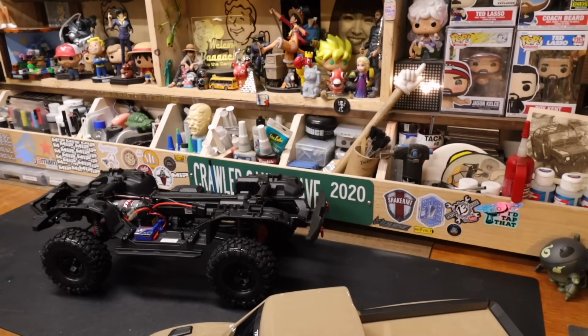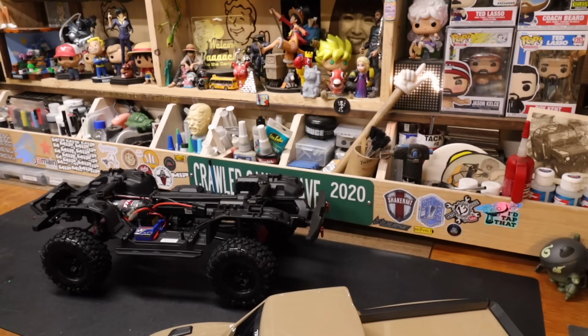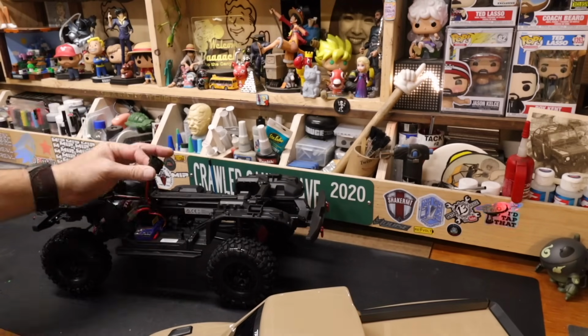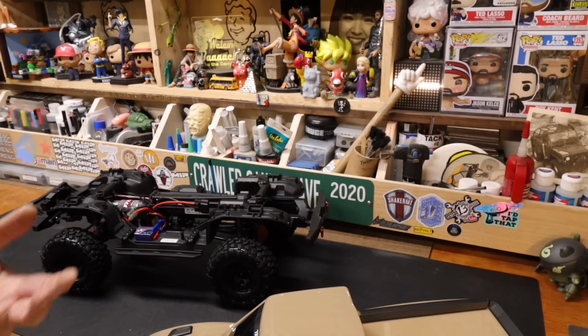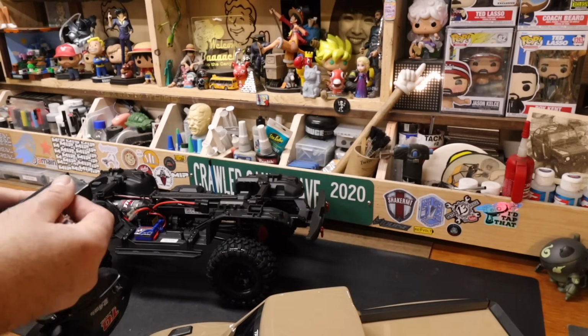We don't do Traxxas plugs. All of our plugs are XT60s. So unless you've gone all in on the Traxxas ecosystem and purchased a plug with this, what will be required to turn this thing from, and they do not say RTR on the box, so bonus points there. They say ready to explore. You're going to need to fit a battery to that, and you're going to need to fit 4 batteries to